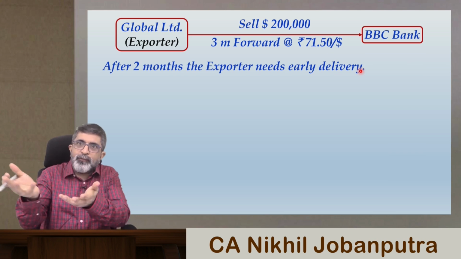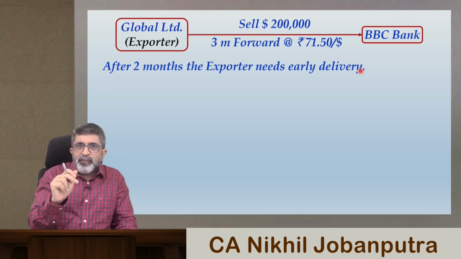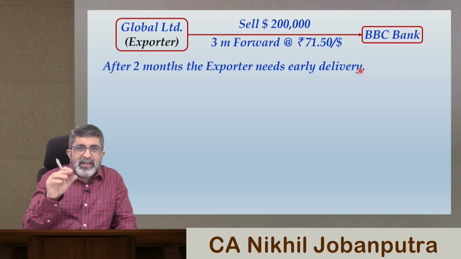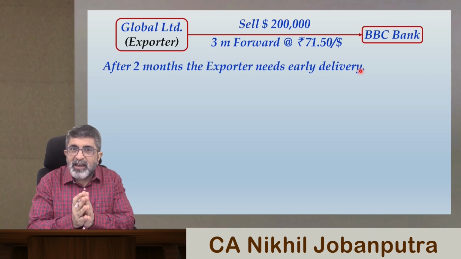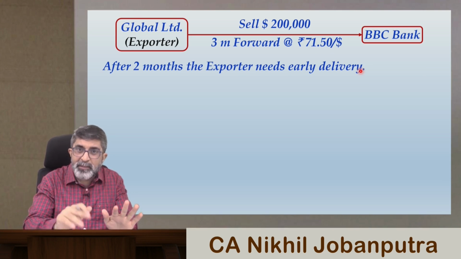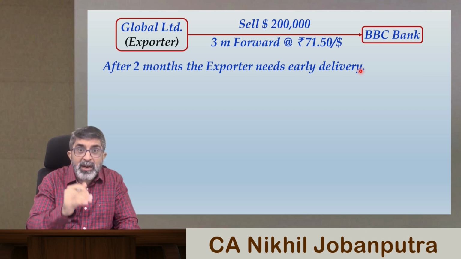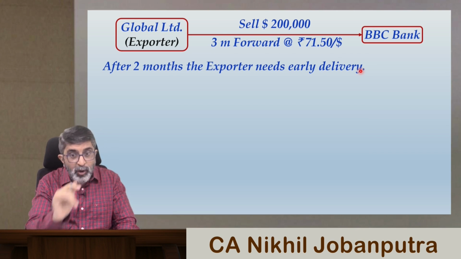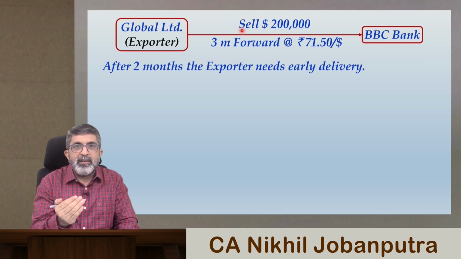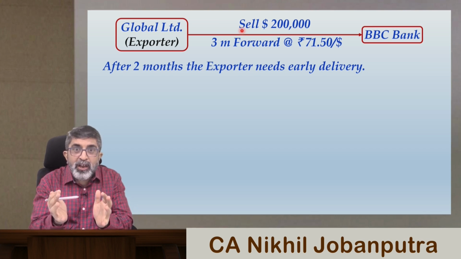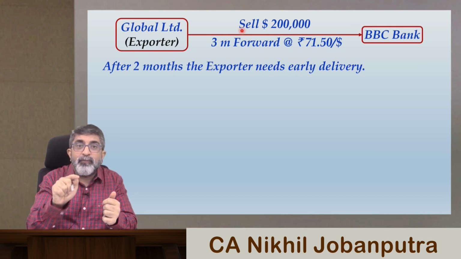Actually, it's a good sign if you are getting money earlier, right? One month earlier. So basically, just imagine, there may be some swap loss and these components that may arise as a loss to Global Limited eventually. But use your simple common sense. If you are receiving money 1 month earlier, not a small sum of money, $2 lakh, you can happily enjoy interest income on that for 1 month. You can enjoy that interest income for 1 month.